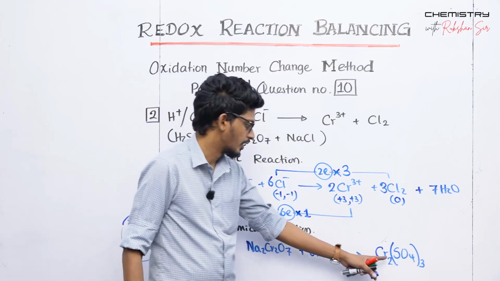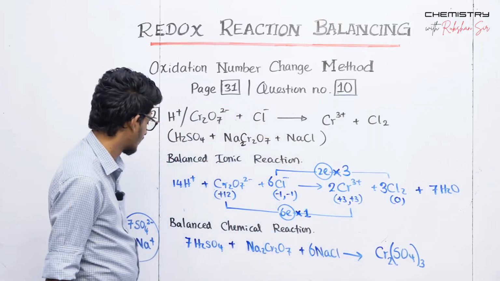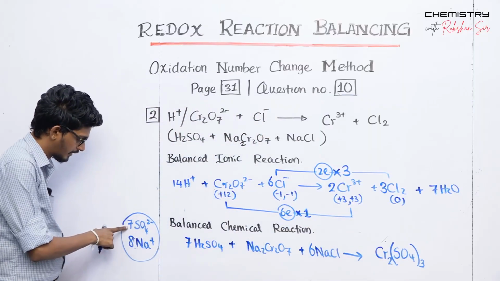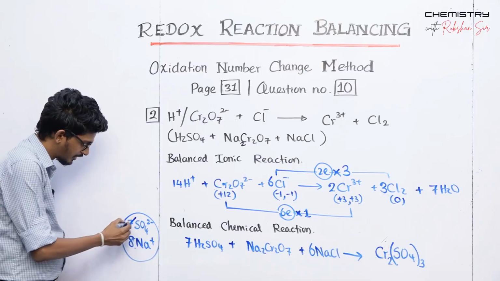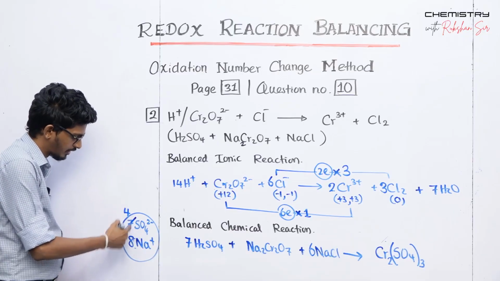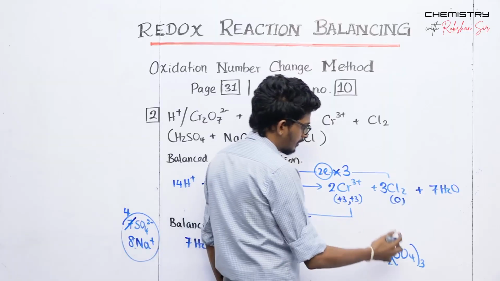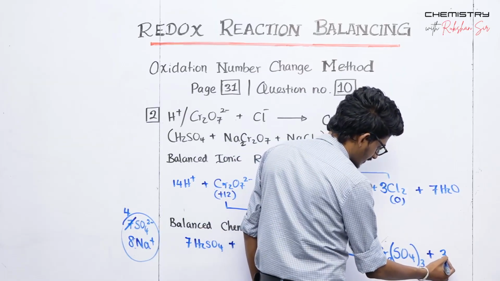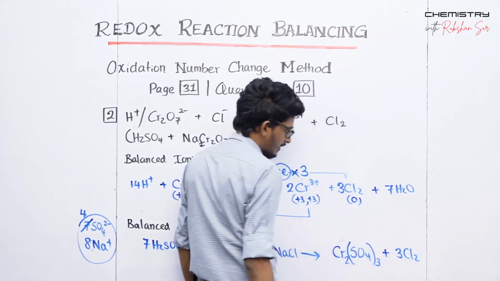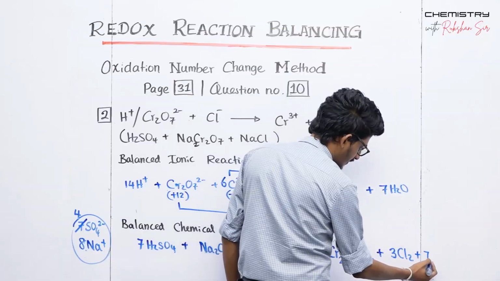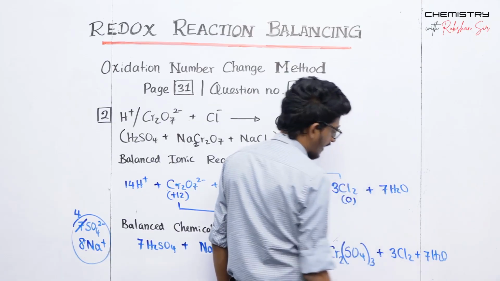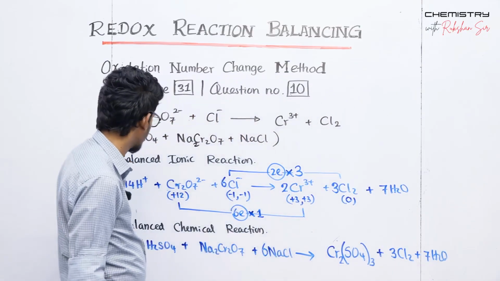When writing this, you had used 3 sulfate ions. So altogether 7 was there. You had used 3, so only 4 is remaining. 4 sulfates are remaining. Right? So this is a chargeless species, so just write that thing as it is. And this is also a chargeless species, 7H2O. And finally, what you need to do is just write the remaining